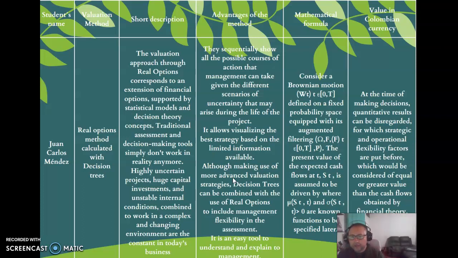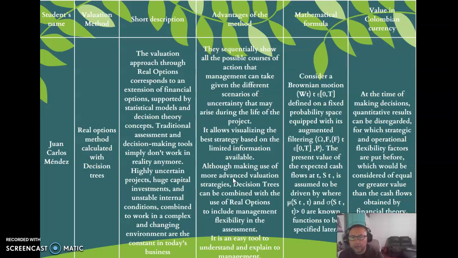Real option method, which calculates decision trees. Short description: the evaluation approach through real options corresponds to an extension of financial options, supporting the statistical model and